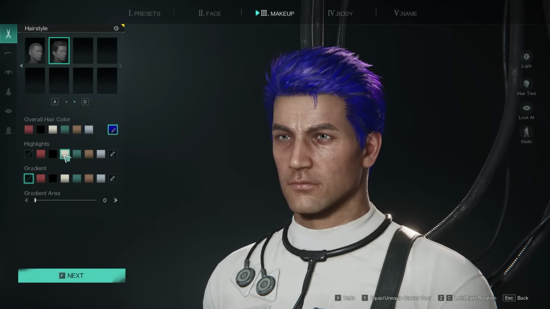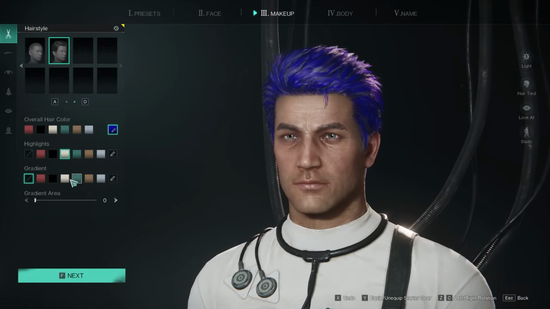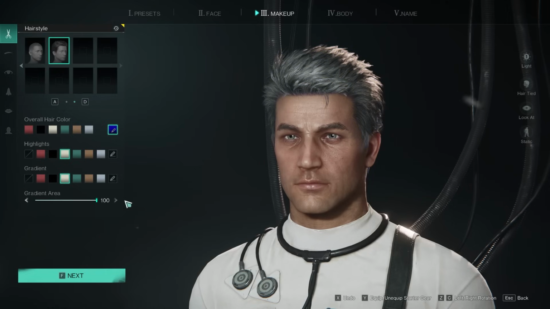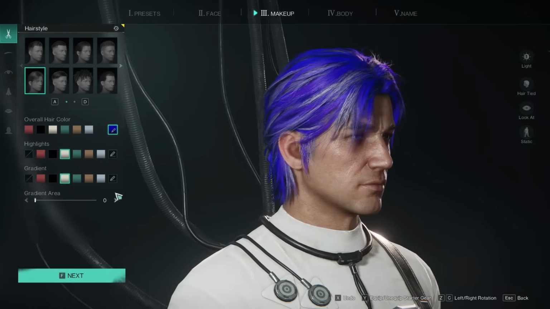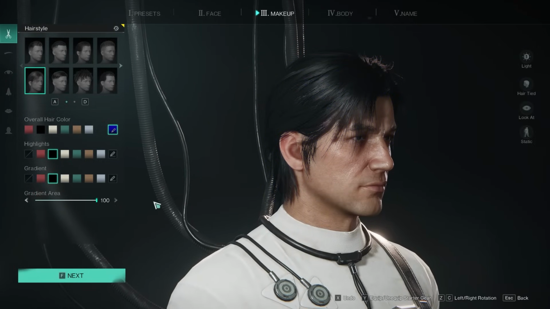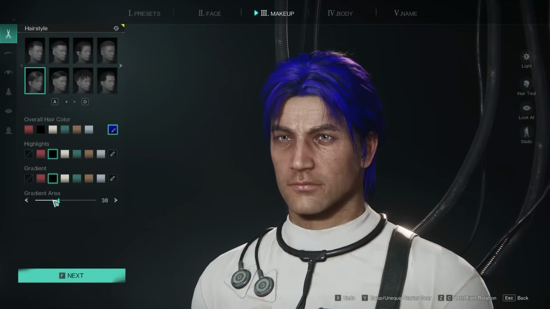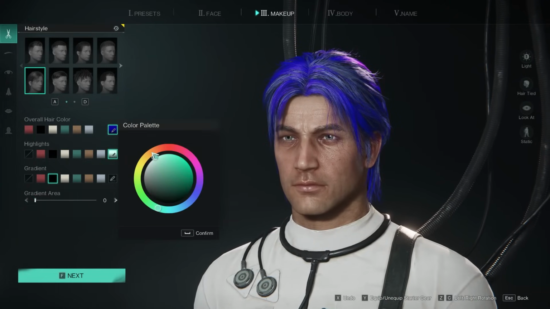Then you can put some highlights in, some white highlights. You can set, I think it's of the gradient, yeah? So you can sort of, and each style reacts differently. You can sort of have it be more or less. Same for something like this. More or less, and you're gonna have to use your imagination with this, because you can combine any colors with